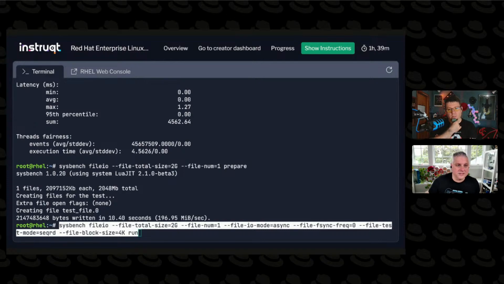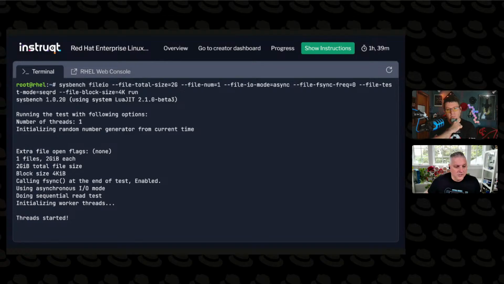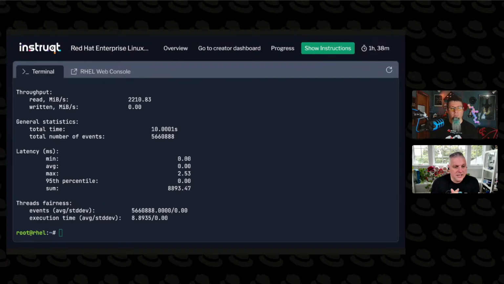All right, then run. We're going to run this benchmark. Again, it is going to run in 10 seconds. It's going to do a sequential read on one file that's 2 gig in size, and it's actually going to do that a couple times. And so we can see the number of events, that's the reads that it was able to push through on this 2 gig file. And we can see the throughput of how many reads or writes I got per second or megabytes per second. So what I'm getting back is, what does my disk subsystem performance look like for this specific type of workload? All right, so